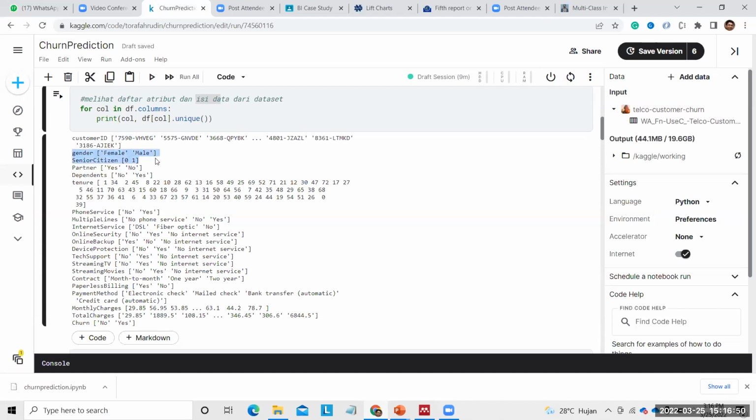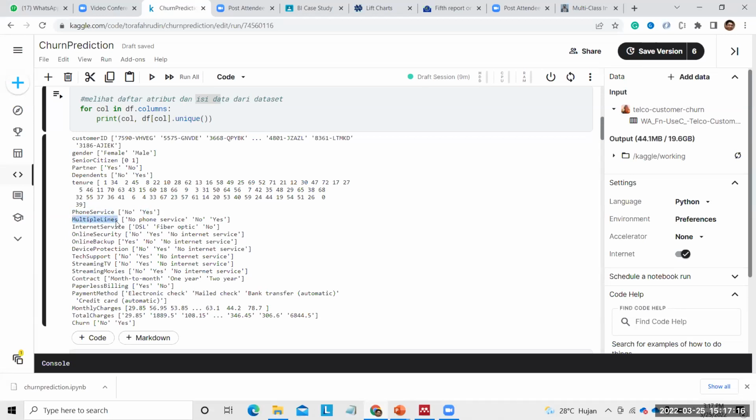But we care about the gender, senior citizen, partner, dependents, whether he has a family or not, and how long the person has been our customer. Is the customer signed up for phone service or not?